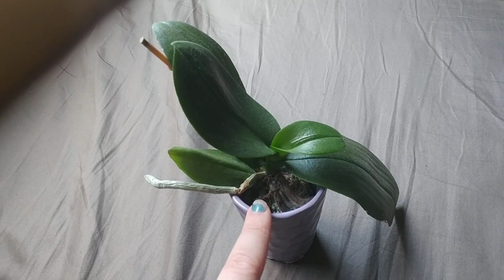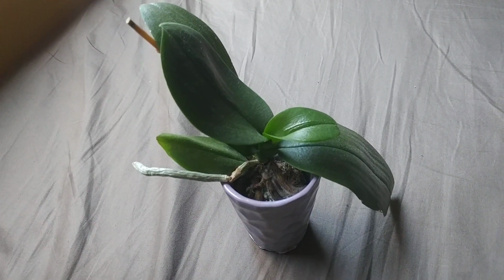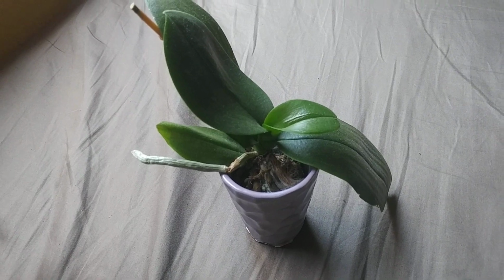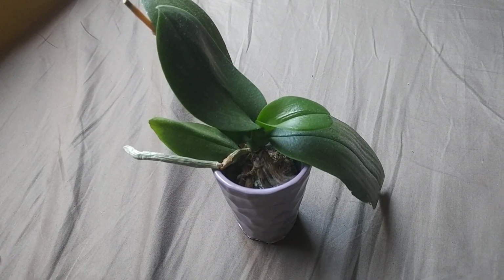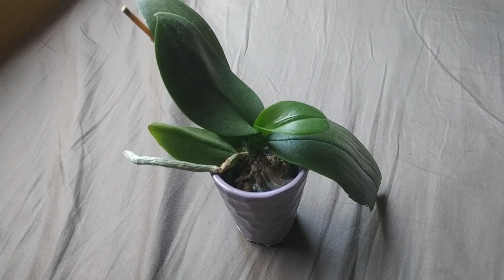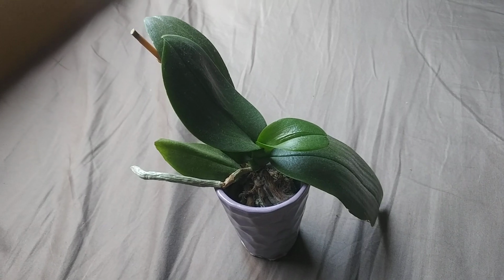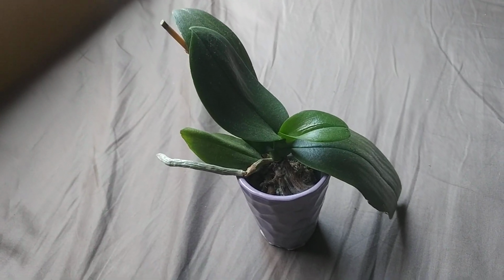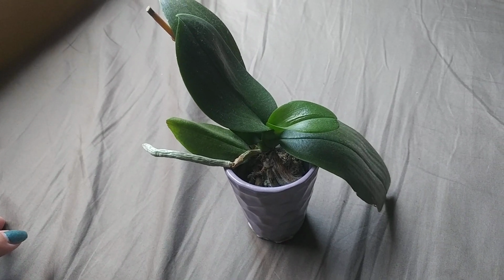probably 10 or 15 minutes, and then I took it out and let it drain like water, because I had heard on a previous video on YouTube that once the bubbling stops, it turns to water. So I figured, okay, well, kind of like treating with fungicide and also watering it. Well, guys,